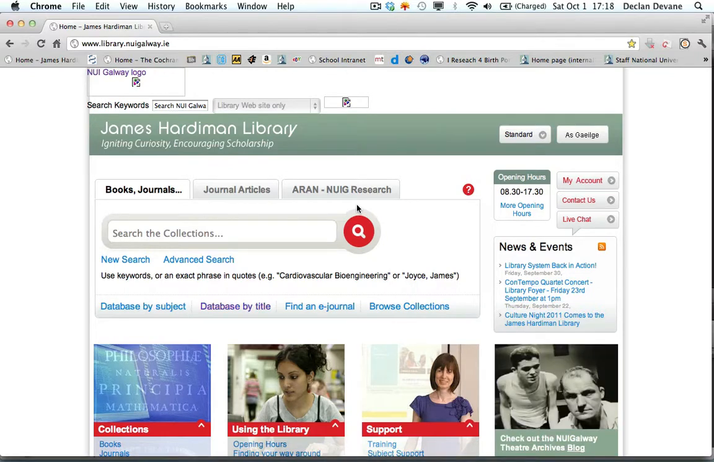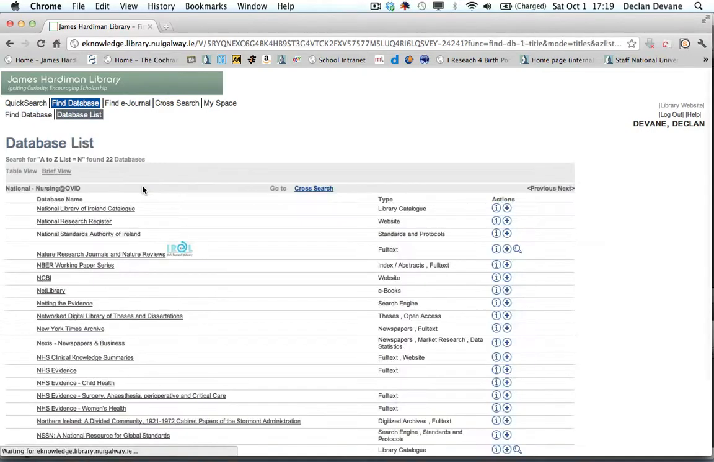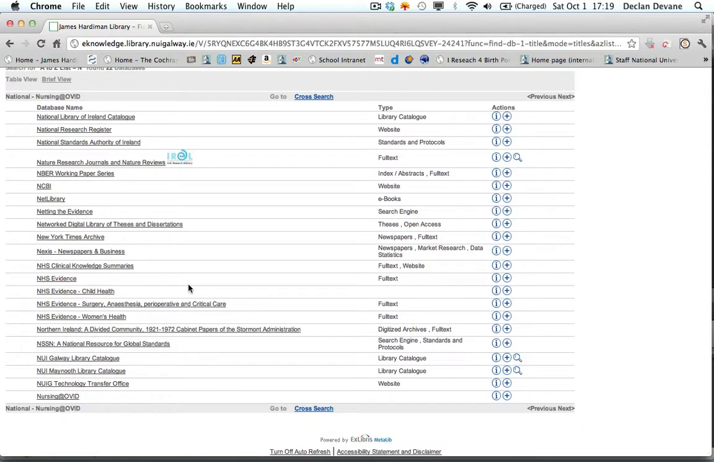To begin your search, access the home page of the James Hardiman Library, which can be found from the following URL: www.library.nuigalway.ie. Once you access the home page, then click on Database by Title. The database we're looking for at the moment is housed within a collection called Nursing at OVID. So if you click on the N and scroll to the bottom of this page and click Nursing at OVID,